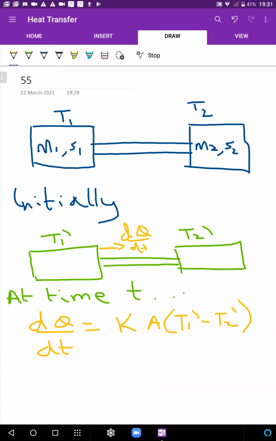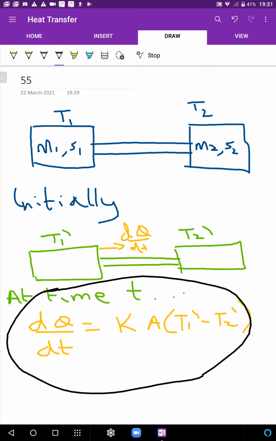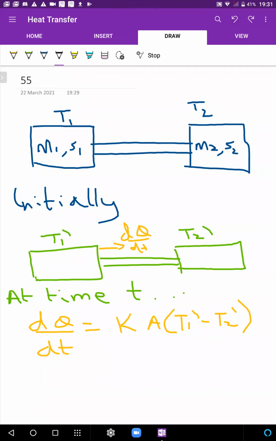Now when you stare at this equation, what is changing? What is not constant in this equation? The problem is that K is constant, A is constant, but this is not constant. Temperature difference is not going to be constant because these bodies are going to cool. These bodies are going to change with time. That's why I could not write this kind of an equation from start to finish, but I had to zoom in and have a look at this one particular instant of time and write this equation for that instant, because temperature difference is changing over time.